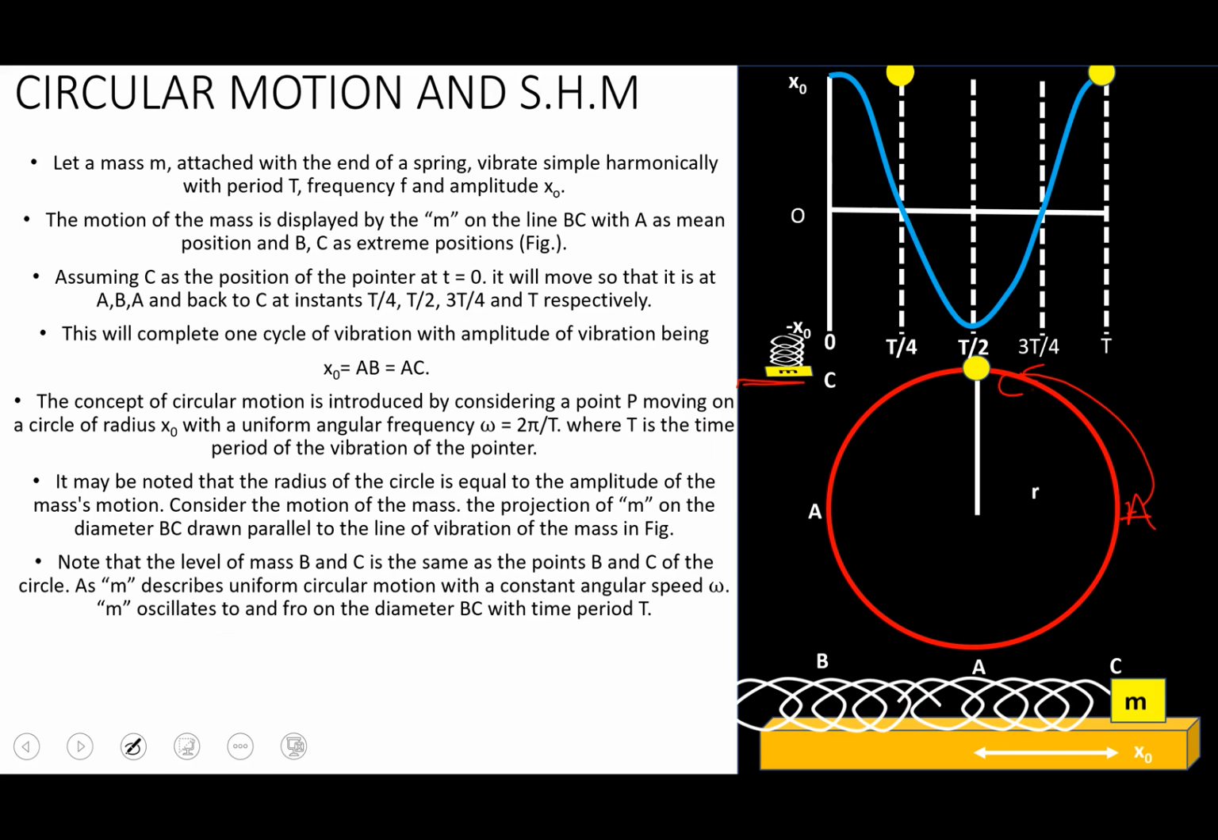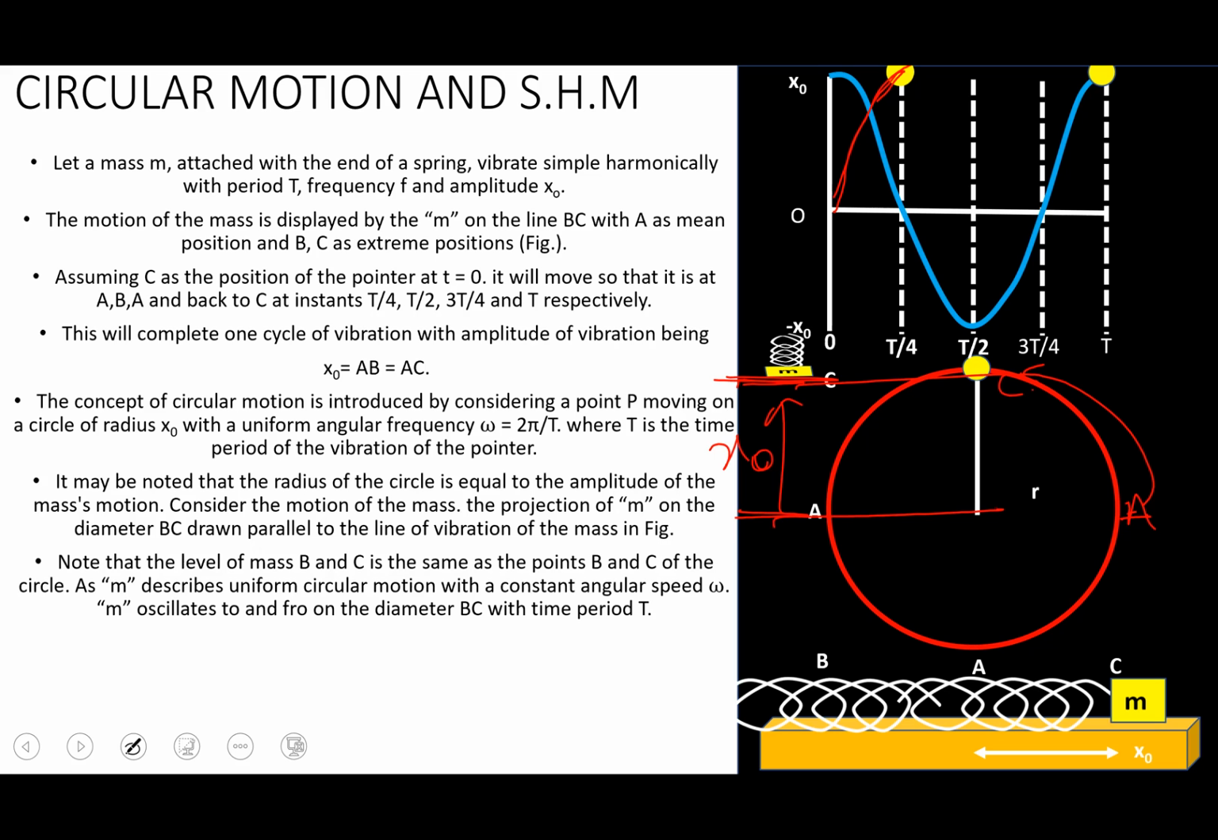It moves to the extreme position in this case as well as in this case, and the distance from point A to point C, let's call that displacement, which is maximum, or we can say amplitude. So that is why the graph moves from point O to point x naught because it has displaced its maximum, and that displacement which is maximum is equal to the radius of the circle